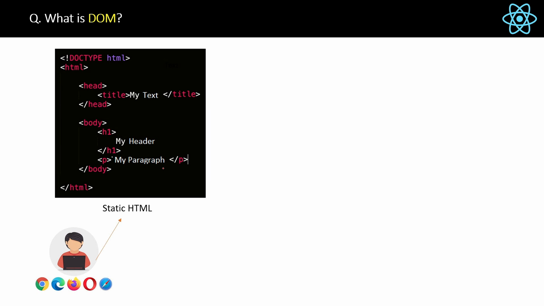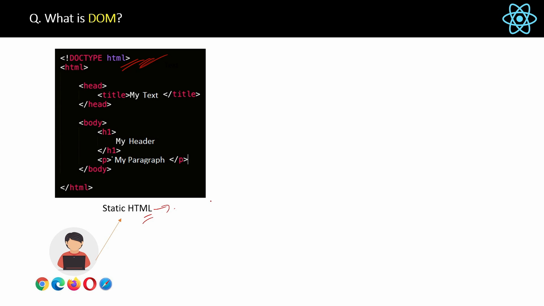What is DOM? Let's try to understand with the help of an example. Suppose you are a user and you open the browser and open one website, and here is the static HTML code of that website, okay. That is a static page because it contains static HTML, right? Now if you want to update some element here, or you want to add some new element in this static HTML, how can you do that? So basically how can you change this static page to a dynamic page.